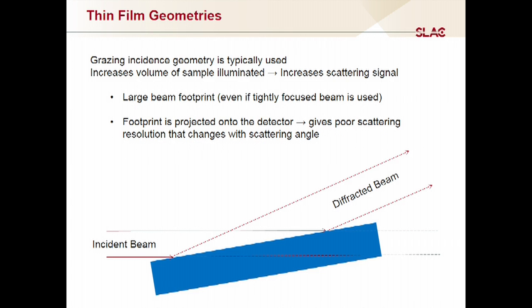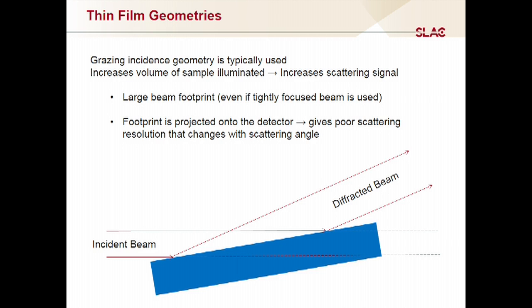So the footprint correction, however, is something that you need to think about. This is especially true at somewhere like beamline 11.3. If you have a large beam footprint, because you're working at very low angle, that footprint actually gets projected onto the detector. And so what this can give you is very, very broad peaks, because if you have a big footprint, you're projecting that onto your detector, your peak suddenly looks like a square function, and it can be quite